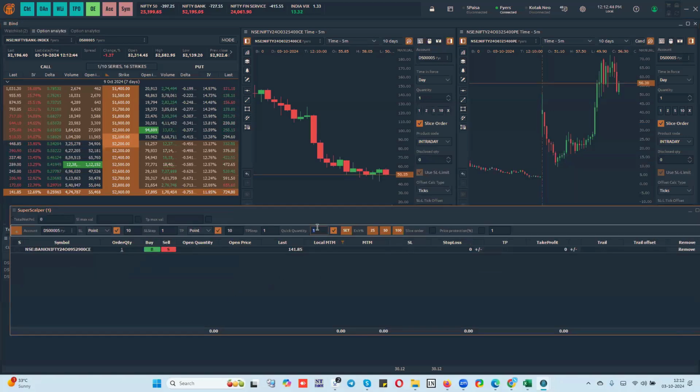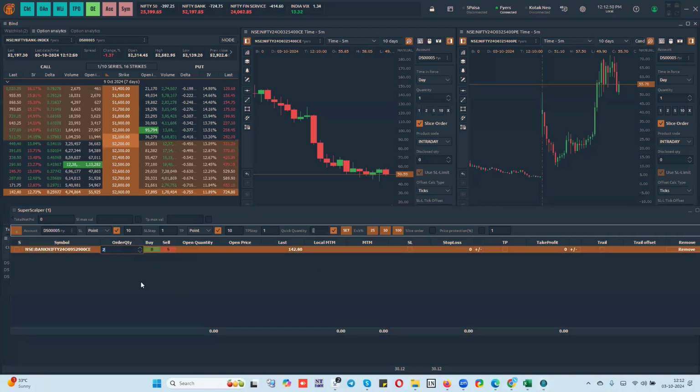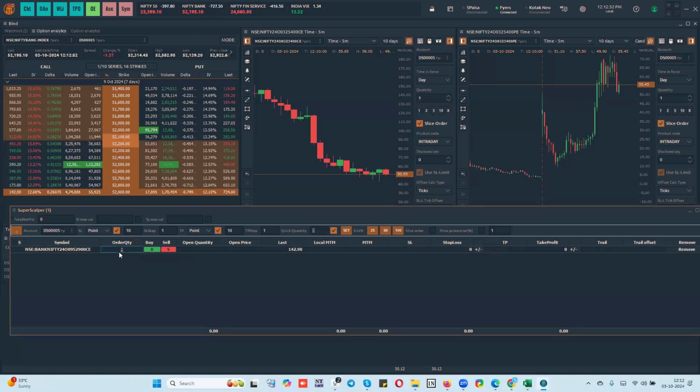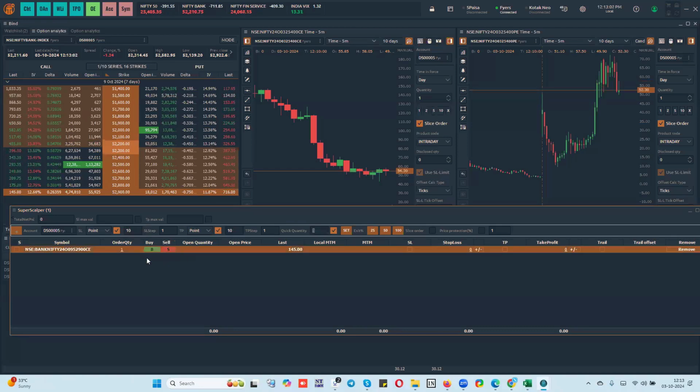Now, since I've selected the quantity out here, automatically it has populated this quantity. But if you want to change, you can change it. So I make it 2, I can do that. Okay. So let's keep it at 1 for the time being. I've set the stop loss as 10 points, take profit as 10 points. So when I click on buy,